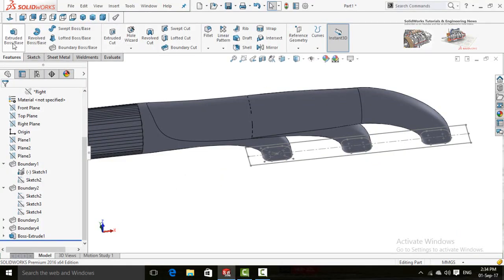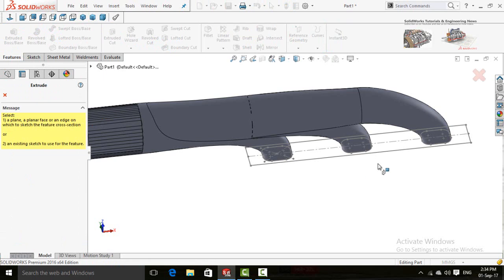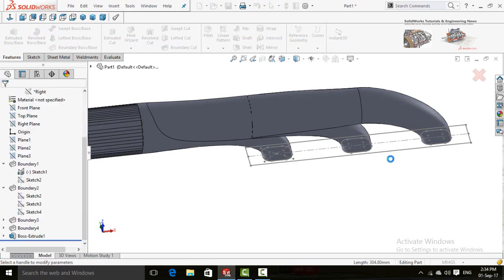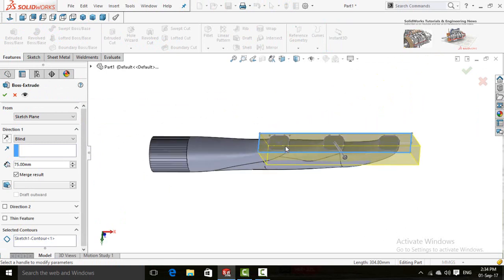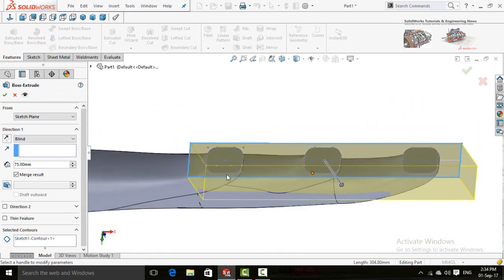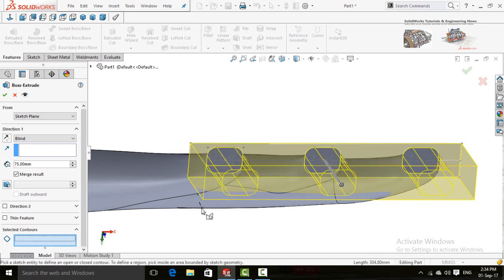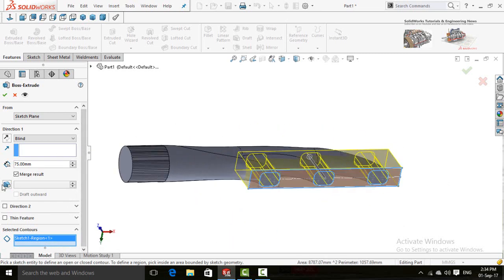Now in the Features tab, select Extruded Boss Base command and then click on this line. Scroll down and right click on selected contours and select clear selection. Now click on this box and extrude it up to 5 millimeters.